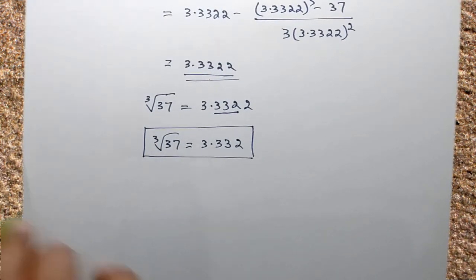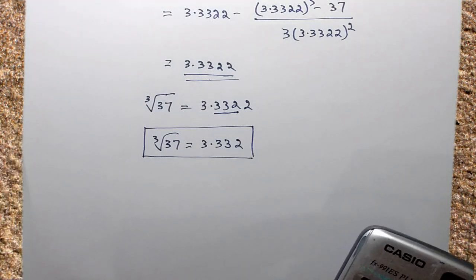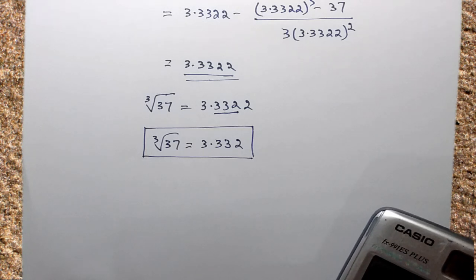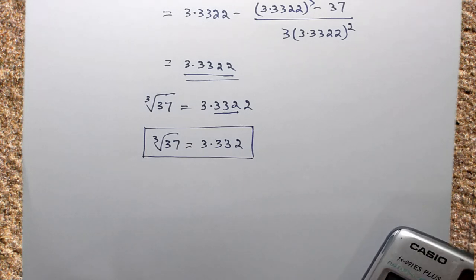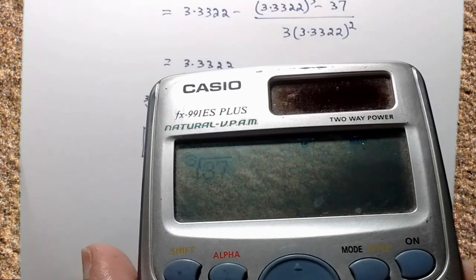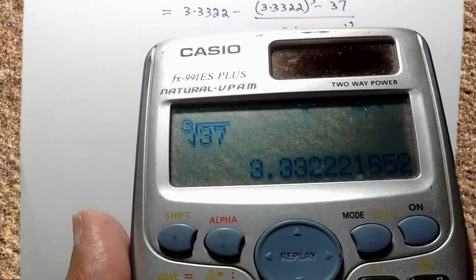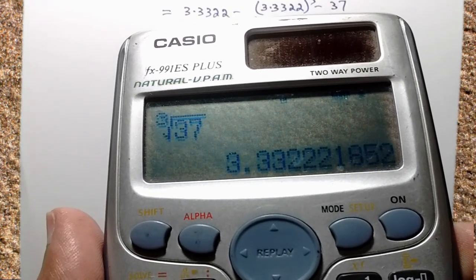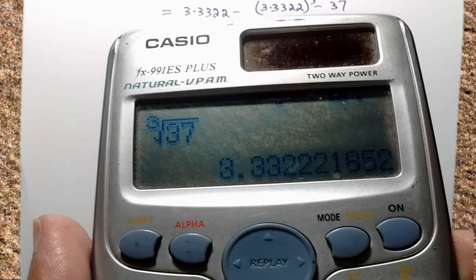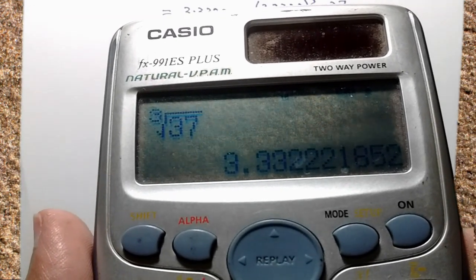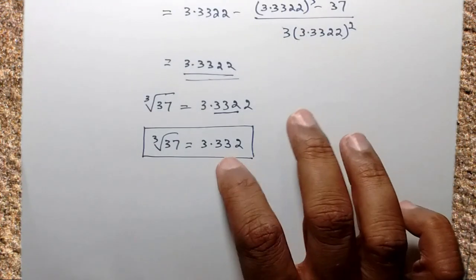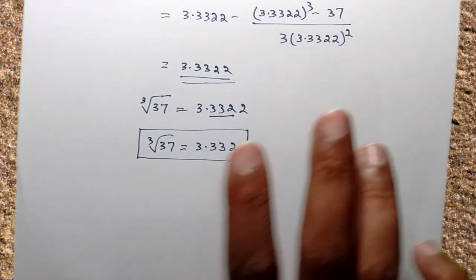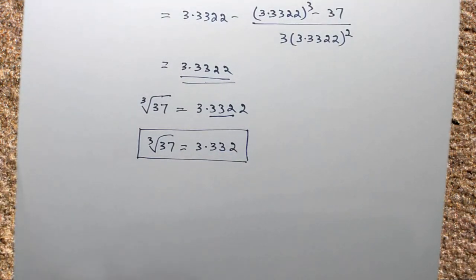Now we need to check whether this solution is right or wrong. So we'll directly put in the calculator the cube root of 37 and check. So what will be the cube root of 37? It will be equals to, check it, it's almost the same. 3.3322. So that is the solution we have got. That means our solution is right. Just to cross verify whether the solution you have got is right or wrong. Therefore the solution is the right solution. So that completes the Newton-Raphson method. That's all I have for you. Thank you.